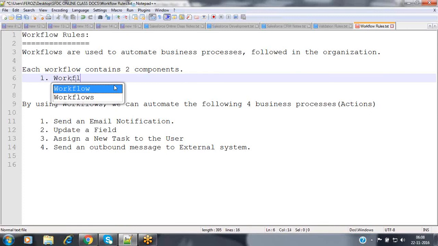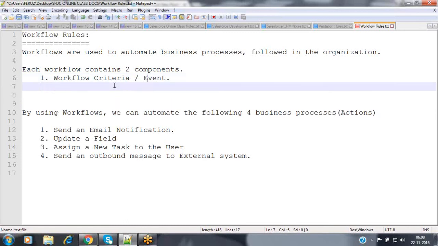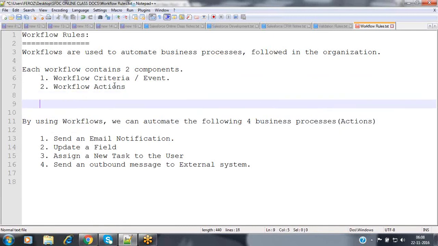One is workflow criteria, which is also called the events. And the second one is actions. These are the workflow actions.